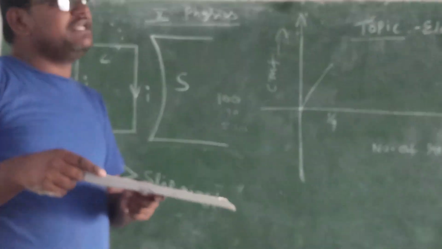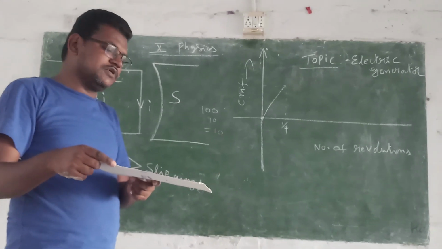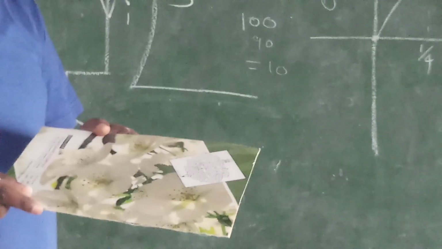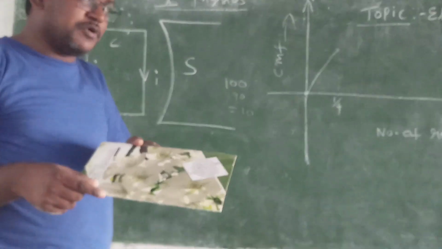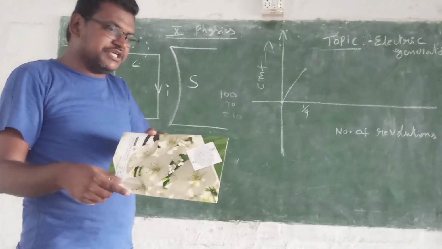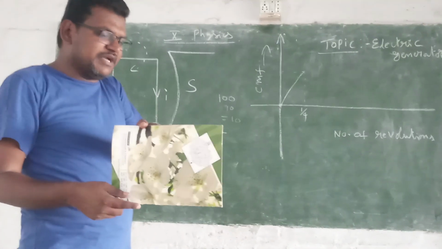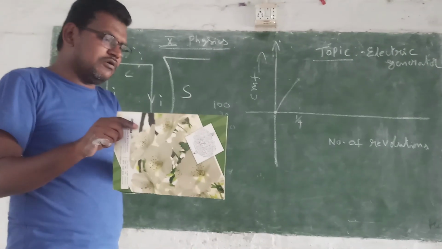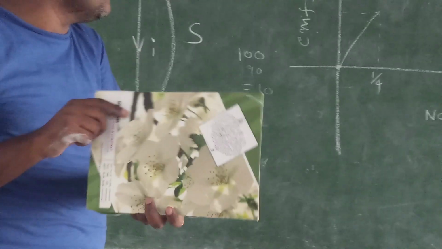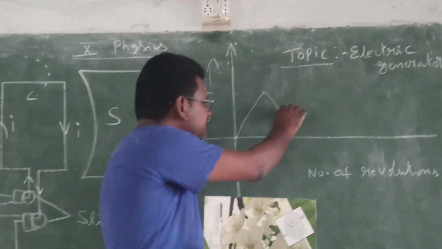What happens? Initially, we assumed the number of magnetic field lines passing is 100. Now 10, so 100 minus 10 is what? 90. Next 80. Next magnetic field lines passing 50, 100 minus 50 is 50. Next 100 minus 60. Next 100 minus 80. Next 100 minus 90. Next 100 minus 100. Now the change in the flux is what? 0. 100 minus 100, 0. That means the change in the flux goes on decreasing and reaches 0.